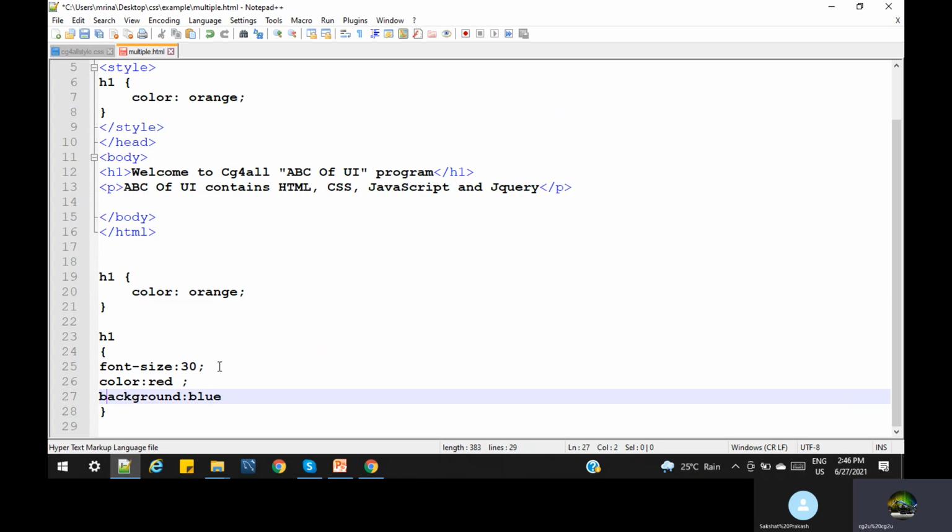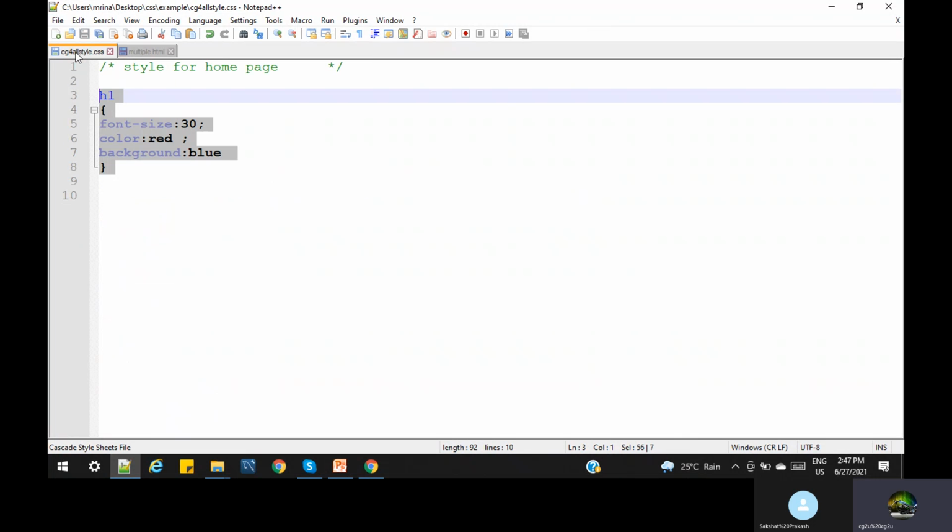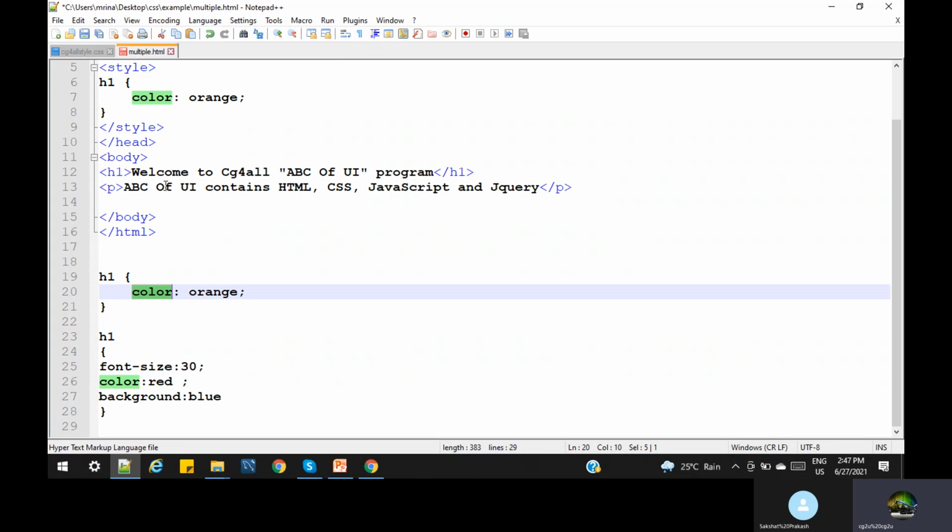Font size is 30, and that should be common; it is not overridden because it is not in conflict. So we only have to think whether the color should be orange or red. The color is red in our external CSS, and the color is orange in our internal CSS. Clear?